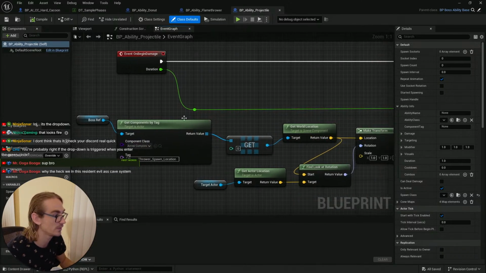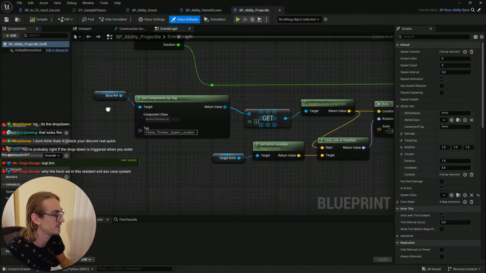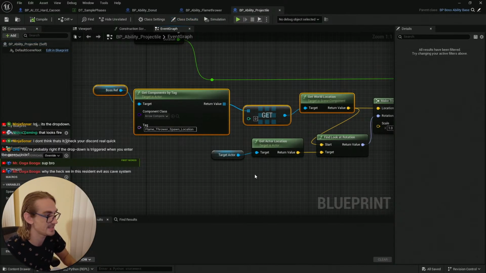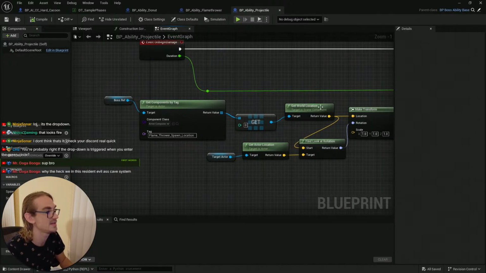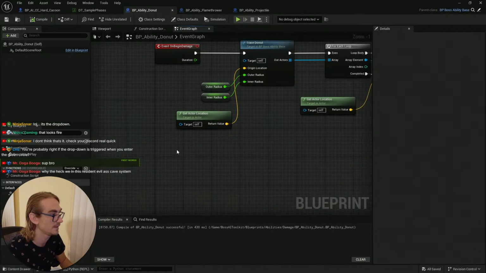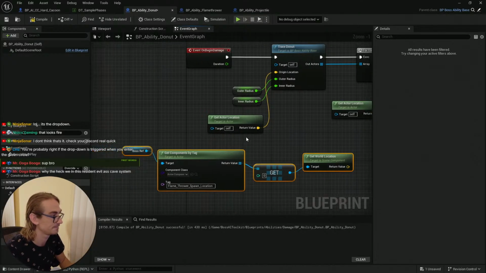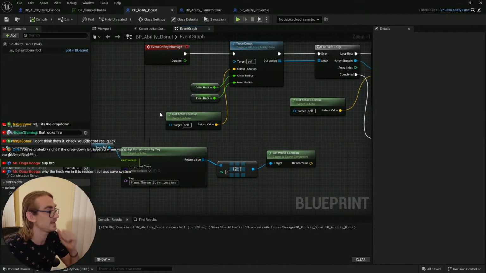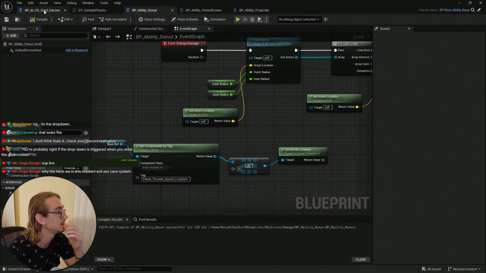Get world location. There's the logic right there. This is the logic that Sisa helped me out with. So with this logic, we can actually spawn this thing with a component tag, and this thing is gonna spawn from